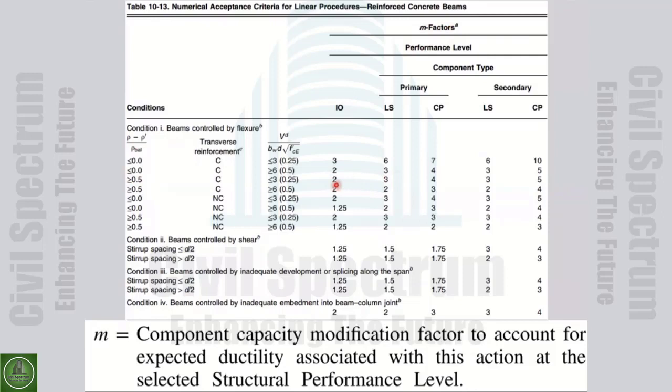Of course, if you study that for IO, we limit damage; we accept less damage. But for LS, more damage is acceptable. For CP, more damage. So the M factor for a specific condition, and all the tables, everything that we discuss, is for